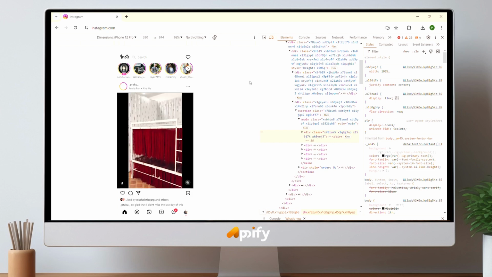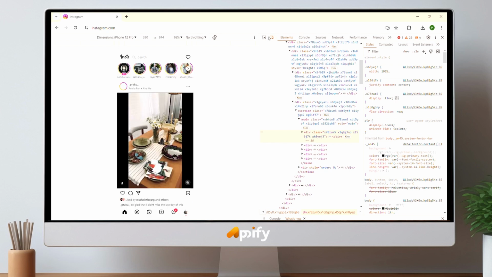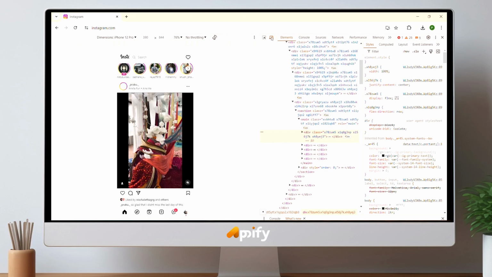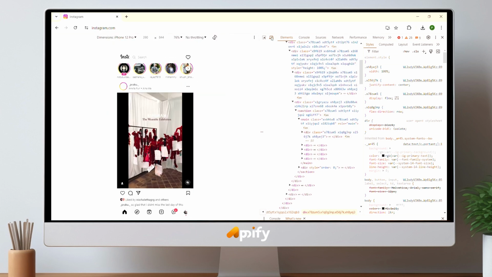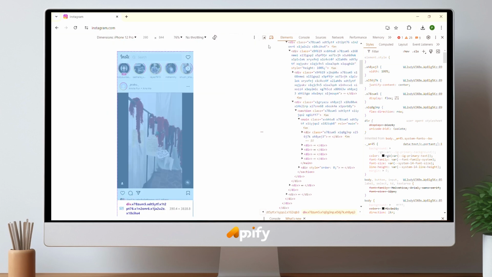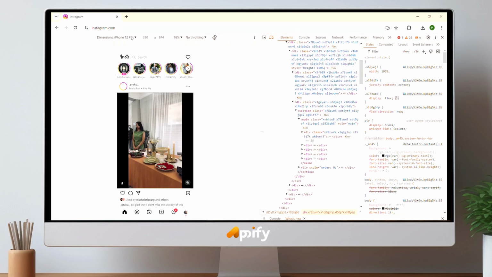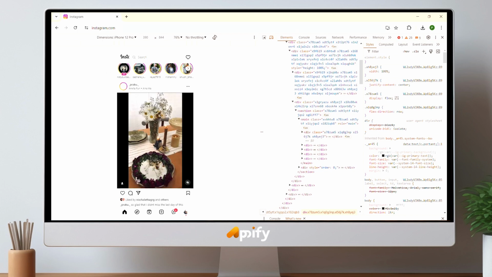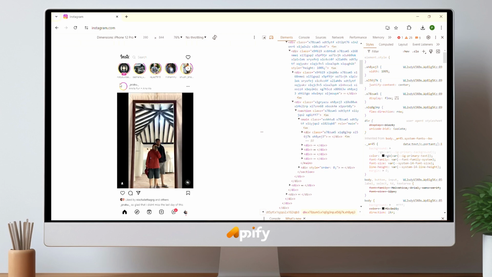And when you are inside the inspect section, you just have to look on the top right hand side of the screen. There will be an icon for you to change to the PC view or your mobile phone view. And when you have switched to the mobile phone view, you just have to look on the top left hand side of the screen and you will be able to see the dimension and you will be able to choose the different phones dimension. So you just have to choose the phone dimension that you are comfortable with,